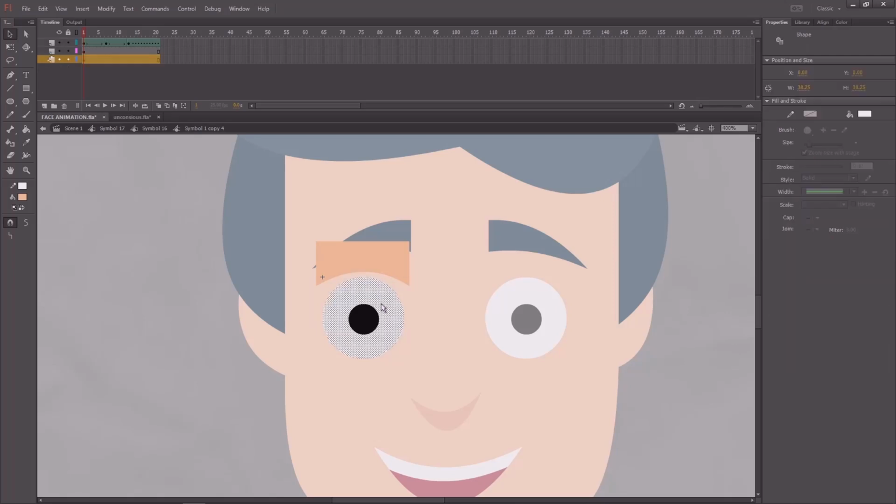Now copy the last layer and paste it on the top new layer and mask it.